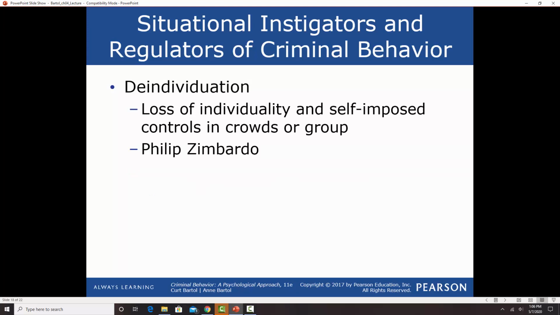Deindividuation: Leon Festinger talked about this in 1952, and it could be related to behavior in crowds. And so when we were talking a minute ago about frustration-induced riots or looting or things like that, Festinger found that in crowds or large groups, people may lose their sense of individuality, remove their self-imposed controls, and neutralize their internal restraints. Philip Zimbardo, also a very famous social psychologist, expanded on these ideas and suggested that deindividuation